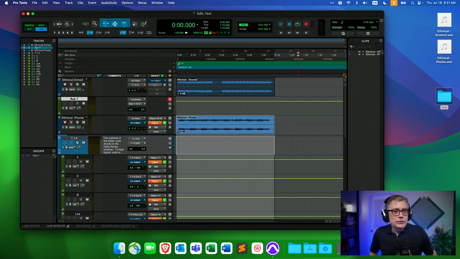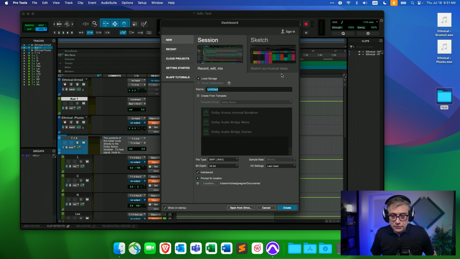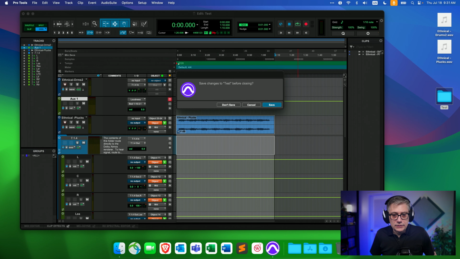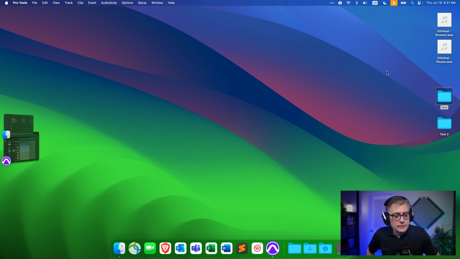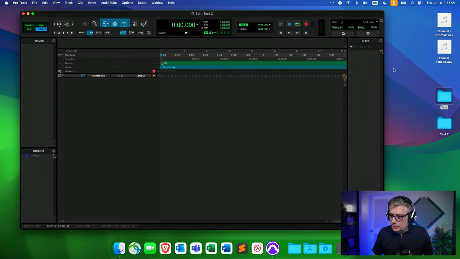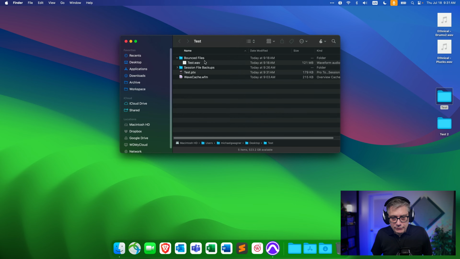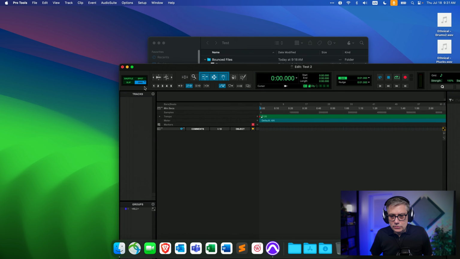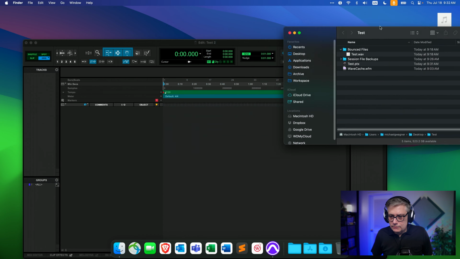Now, there's one additional thing that I wanted to demonstrate, and that is that Pro Tools also allows you to load in master files and start your Dolby Atmos session that way. For that purpose, let me first create a new session, and I'm going to call that Test 2. I'm once again going to do a stereo mix. I'm going to create that, and then let's save that. Then I'm simply going to take the master file that I've just created. So here we have the master file, and I'm going to drop that into my session.